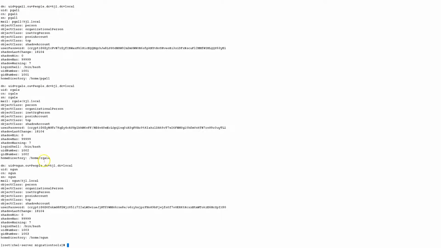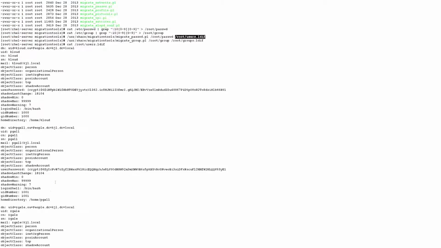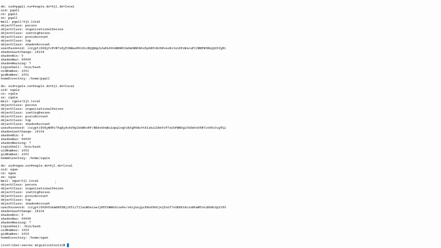And if you do the same thing for groups, same thing. All the LDAP information for those groups has been added. Now what we will be doing is adding the base, users, and groups LDIF files to our LDAP server. So again, we'll be doing ldapadd